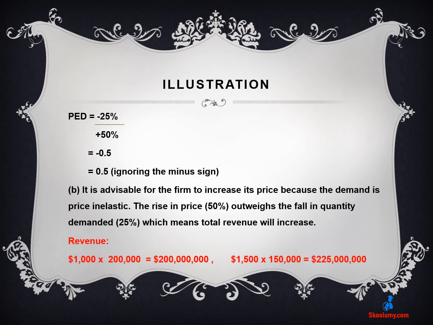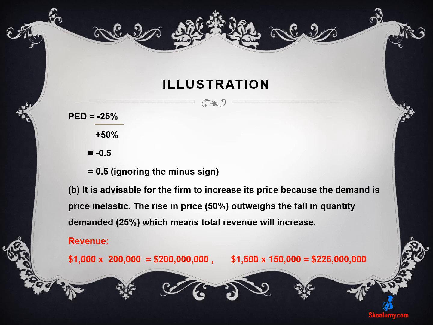Therefore, PED is minus 25% divided by plus 50%, which is minus 0.5. The PED is 0.5 because we normally ignore the minus sign. Let us answer the second part of the question. Our recommendation. The PED is relatively inelastic. The firm should increase its price, because the price rise, 50%, outweighs the fall in quantity demanded, 25%, which means